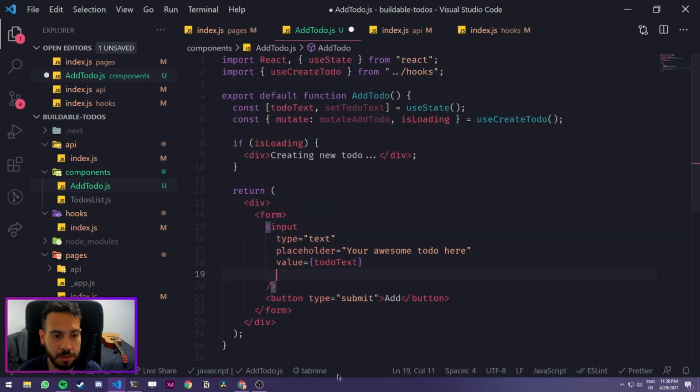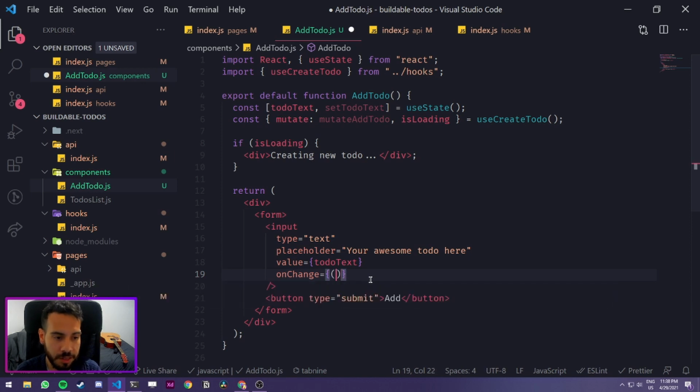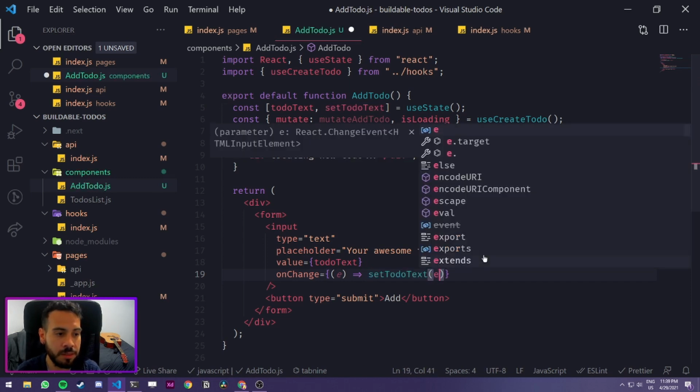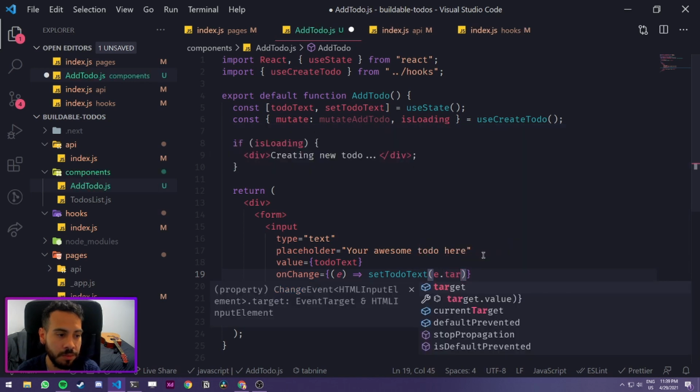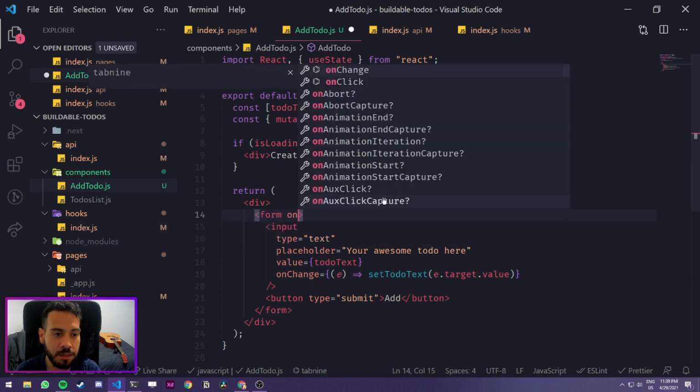Another thing that we need to add is an on change event listener, and from this we need to get the event itself, and from the event we're going to get the target dot value, which is the value of the input, and we want to add that to our current to do text. So we're going to call set to do text on e dot target dot value. Every time that we update, this is going to set the new value for the text of our to do. And let's add an on submit,